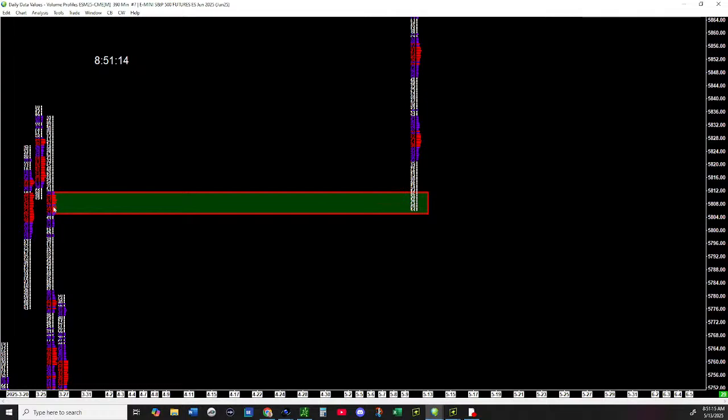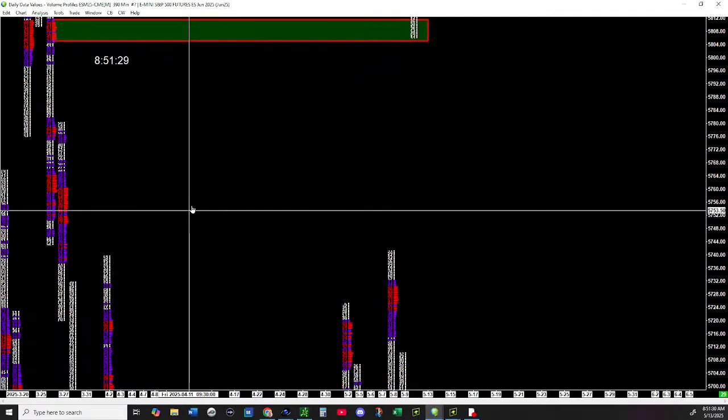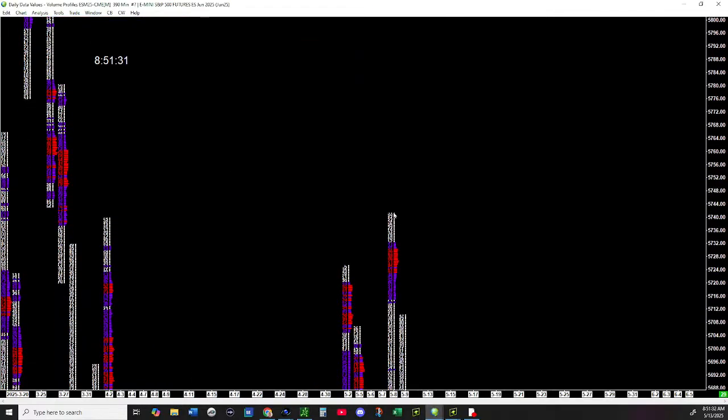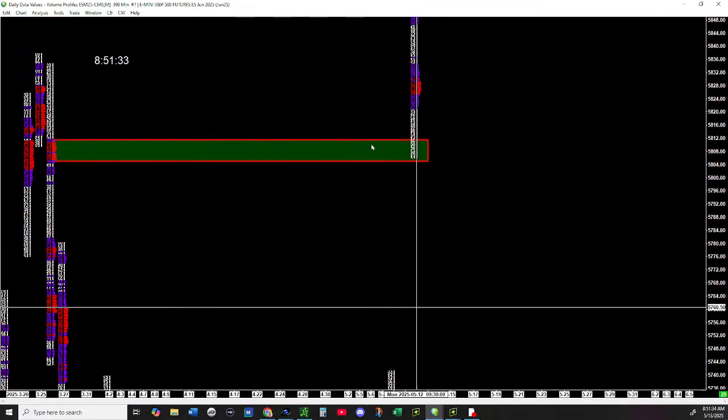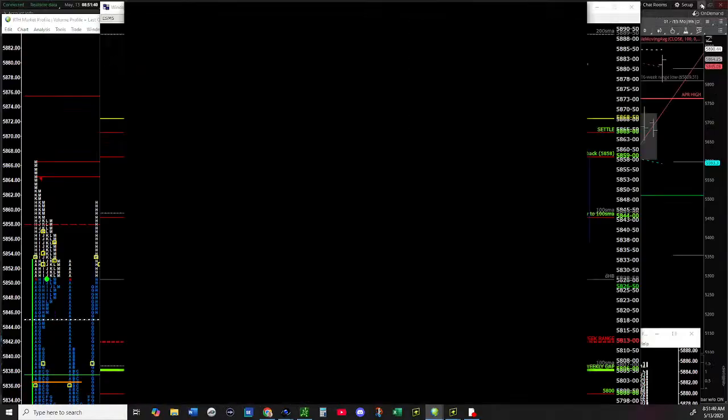So this probably has good support. Some buy. If the market would have taken this area, the next thing on the lower side probably would have been this one, or maybe even the high of the 7-day range. But before going that far, what I do is I check these ones,